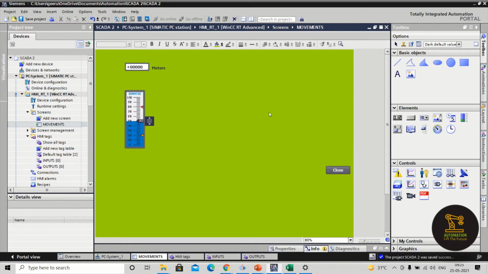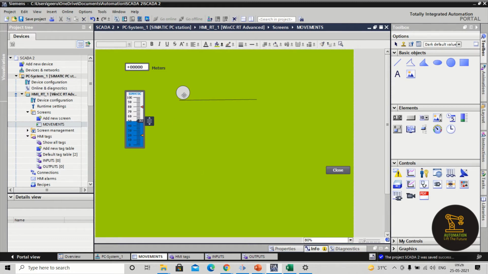Now we will work with the movement operation. Assume there is a circle. There is a line.